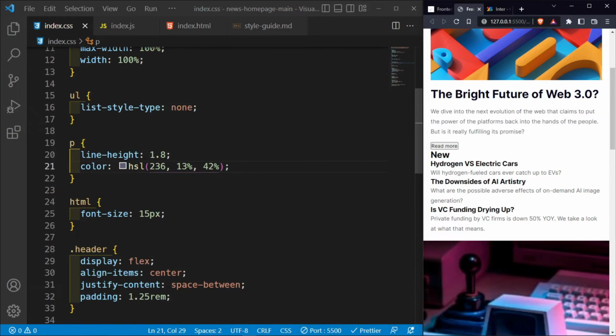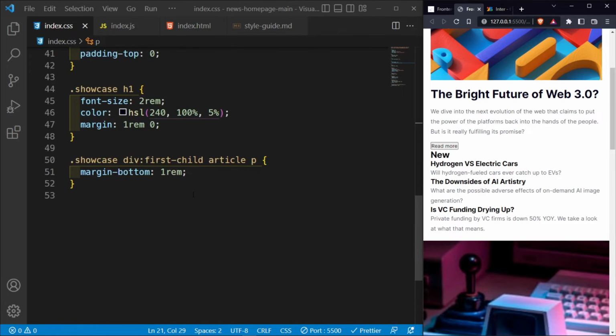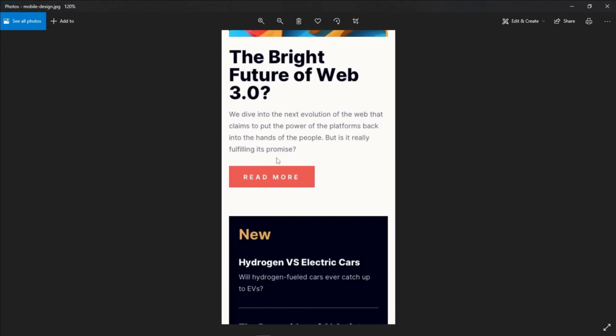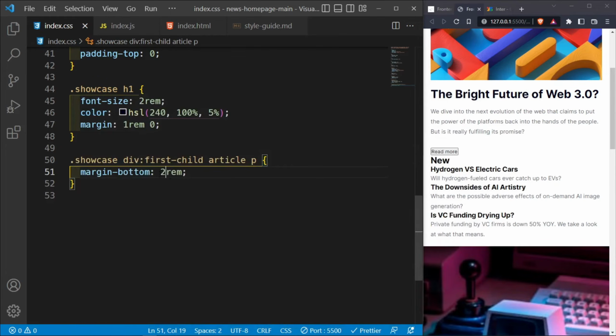And then once we have that, then we are going to go inside. You know what? 1 rem here is a bit too small. Let me say 2 rem. Let me check the design. Oh, sorry, we don't have the button. We have not installed the button. So let me take this back to 1 rem, and then I'm going to copy this and place it below this,